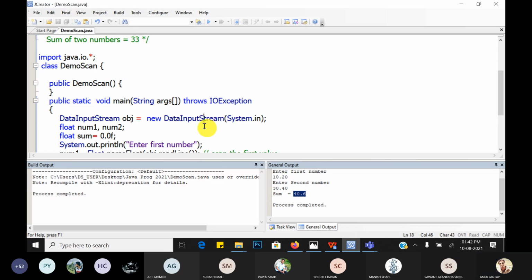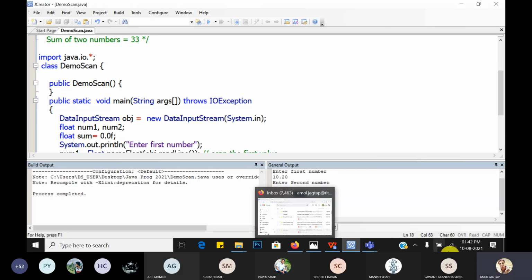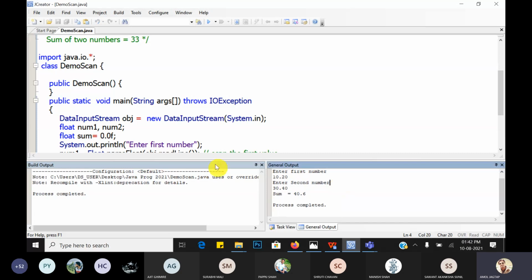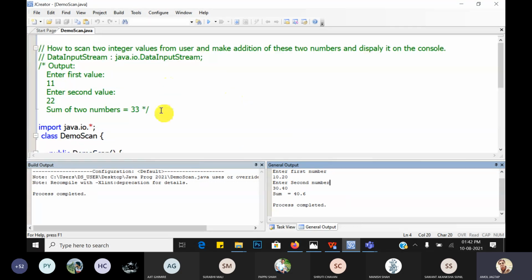Yes. So now it's time for an activity. 18 minutes are remaining. I will give one problem statement. So what is the problem statement?